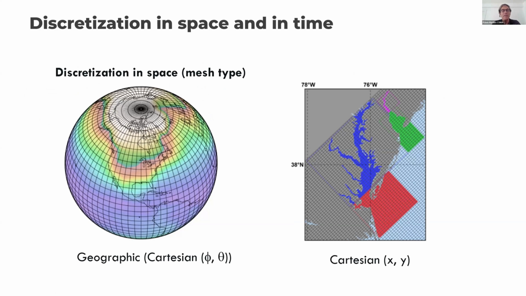It looks like you are creating a grid in our space, but it's not that. Discretization is a bit more deep than that. We are not drawing a grid over our space. We are discretizing the space, which means that the space is not our normal space. In the model, the space itself is discrete, you see?